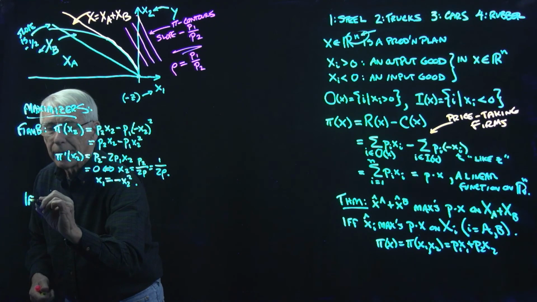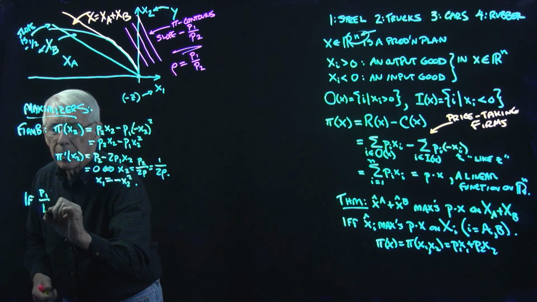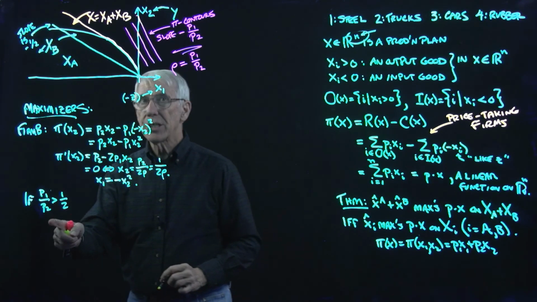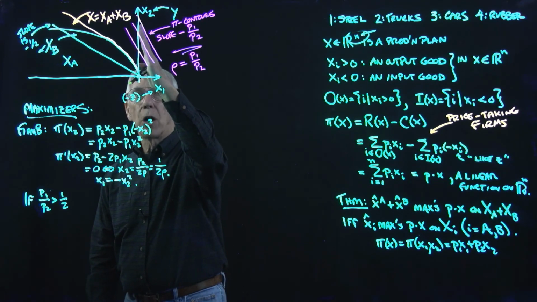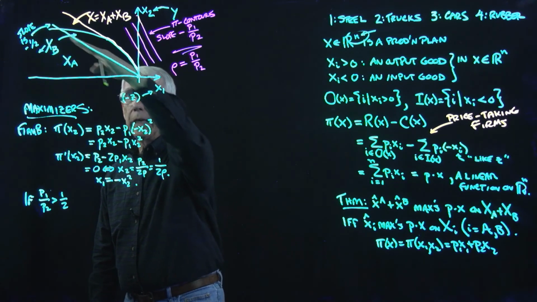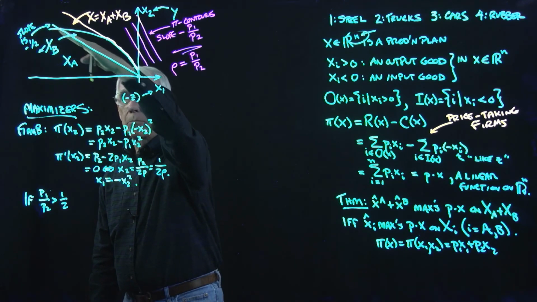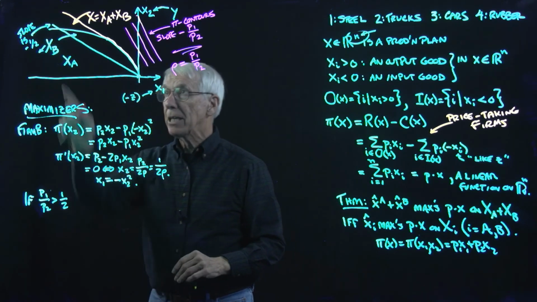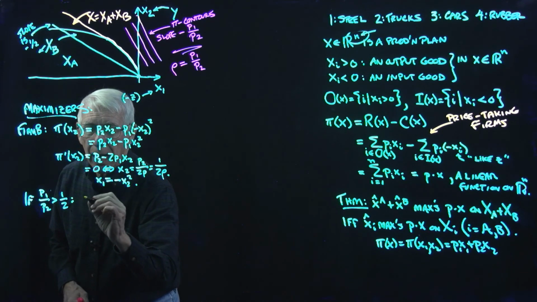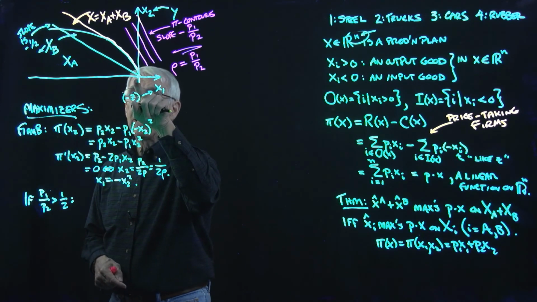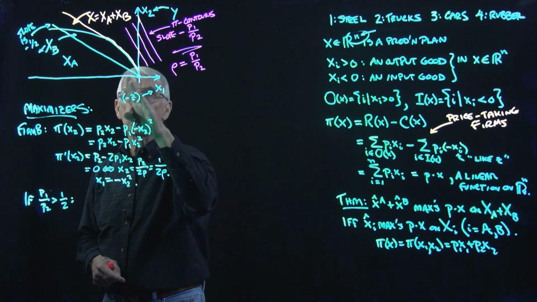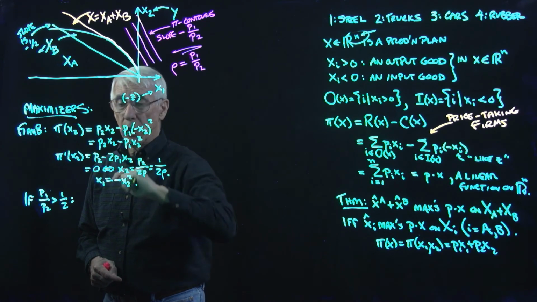Let's say if P1 over P2 is bigger than a half, so this is the case where the profit contours are steep, and in fact they're steeper than the production function for firm A because its slope is minus a half. So if this is the case, then we know that firm A maximizes its profit by choosing to not produce. Because these profit contours are steep like this, it's trying to get on the highest contour, so it would have